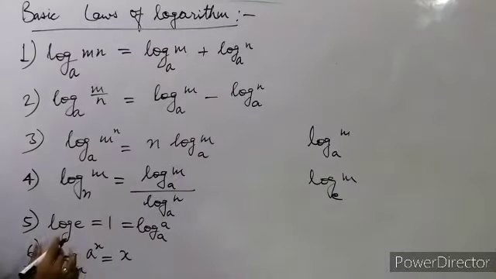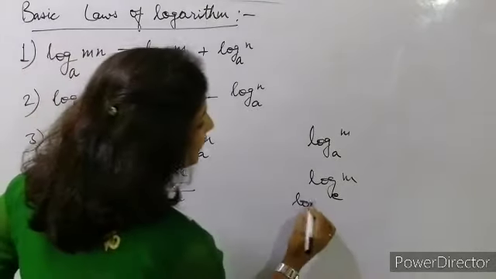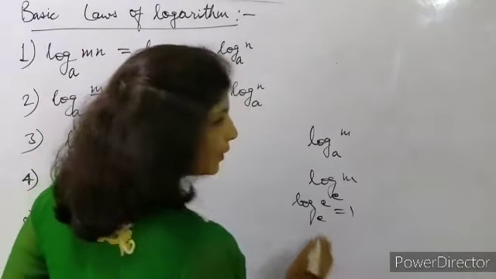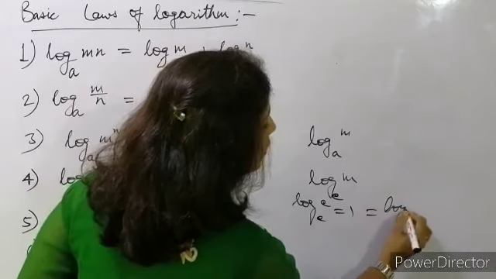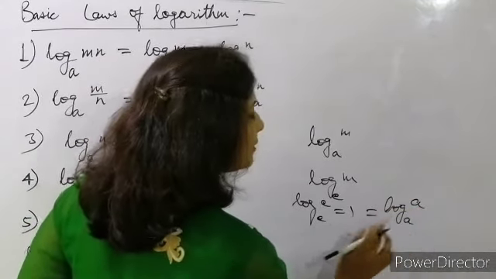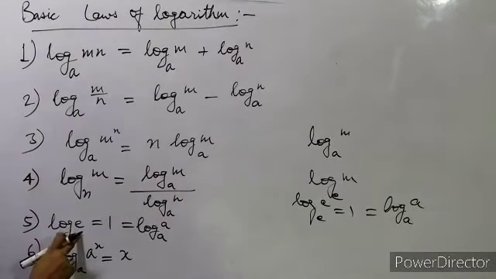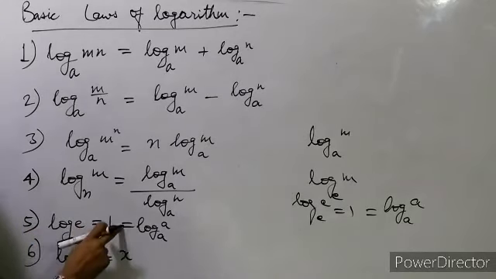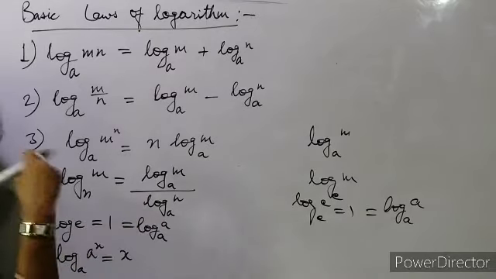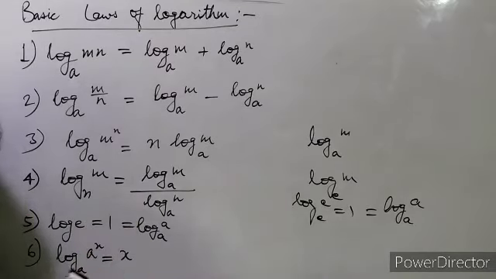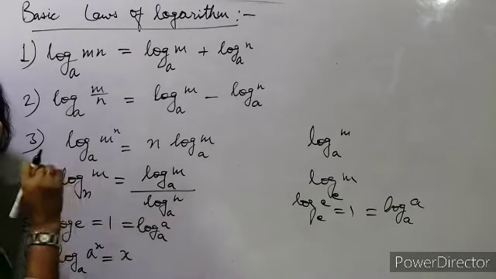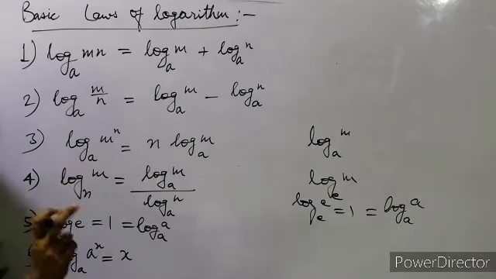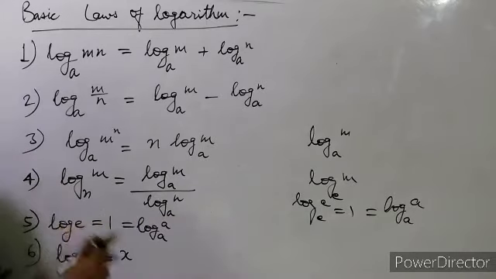So if natural log है base e, log of e to the base e will be 1. Any number whose log we are taking, if the base is also the same, the value will be 1. So log of e is 1 because we have natural log, no base mentioned. And that will be equal to log of a to the base a, log of m to the base m, log of 10 to the base 10, log of anything with the same base. अगर हम वही number का base लेते हैं, log of x to the base x will be 1.